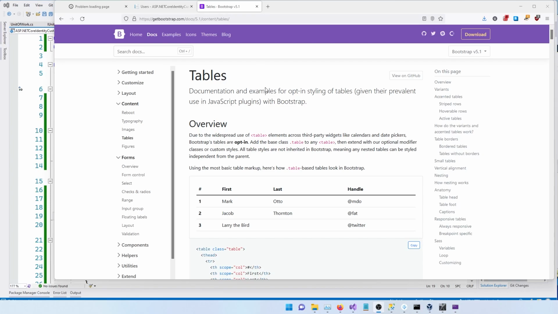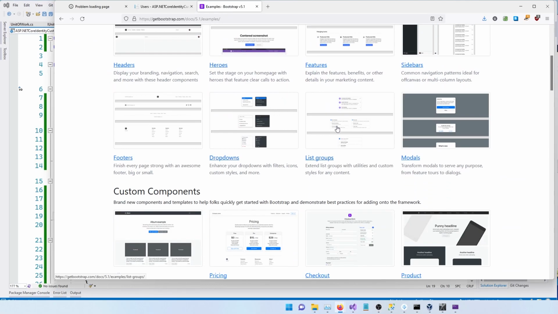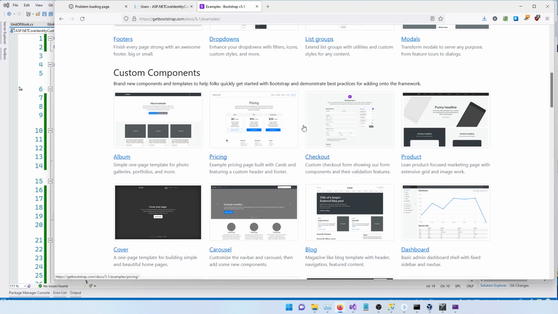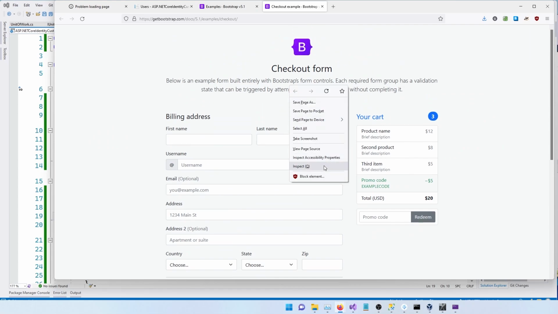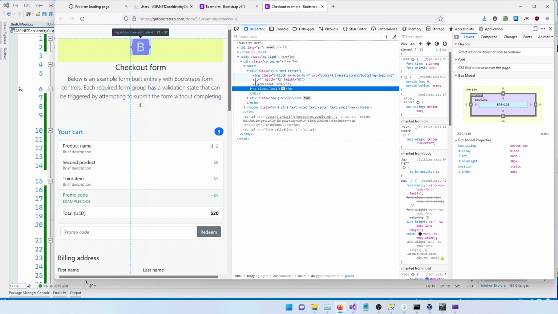Okay, let's go to Bootstrap. We're going to go to our examples. Let's go and get one of these sample forms. Where is a sample form that we can use? Okay, here's a checkout form. Okay, let's use this. Now let's go to inspect, and we're going to take everything